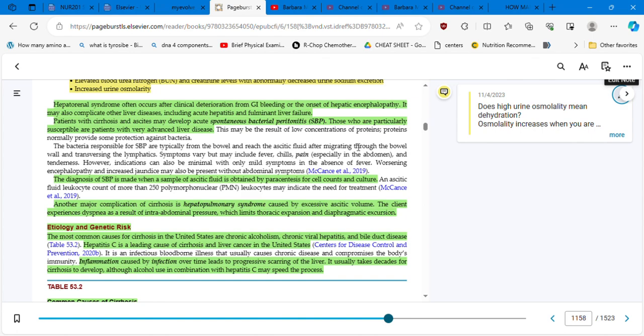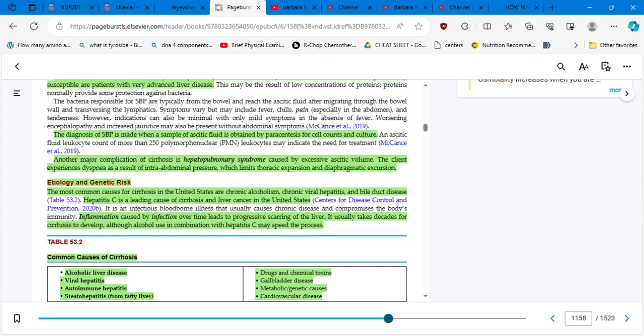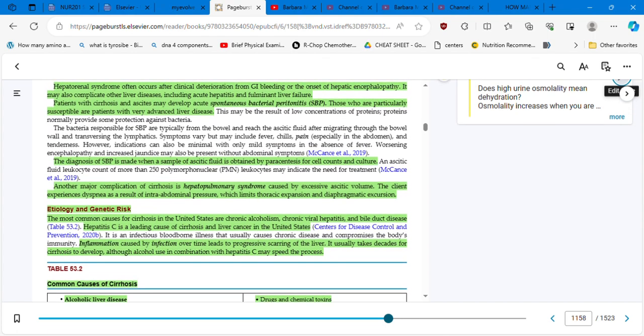Those who are particularly susceptible are patients with very advanced liver disease. The diagnosis of SBP, the spontaneous bacterial peritonitis, is made when a sample of ascitic fluid is obtained by paracentesis for cell